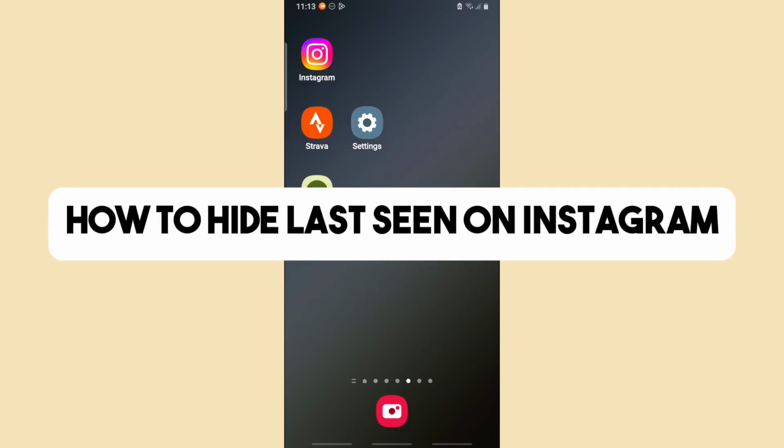Hey guys, welcome back to Delve Stack, and today I will be showing you how to hide last seen on